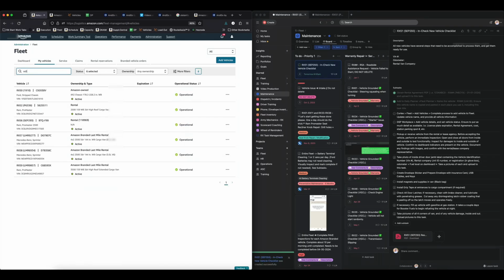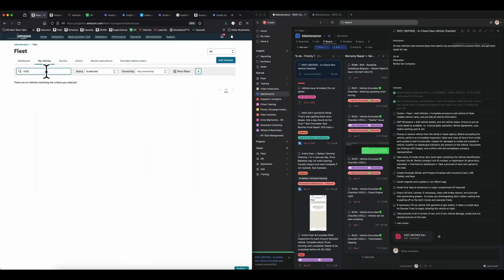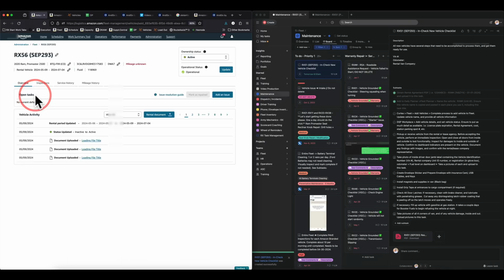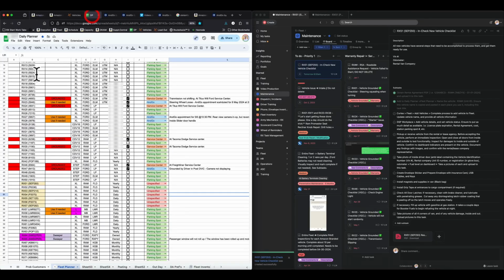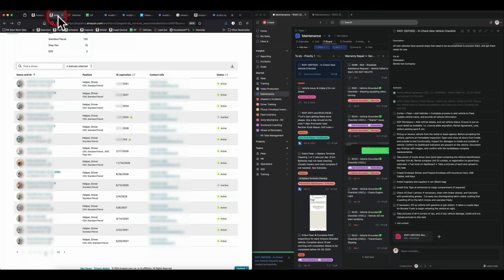And so let's go RX 53. SEP 293. And there is an issue. Looks like it used to be RX 56, but we have changed it to RX 51. So we will go back to